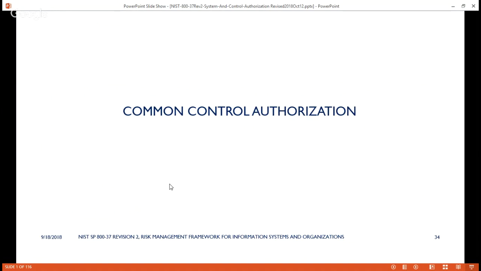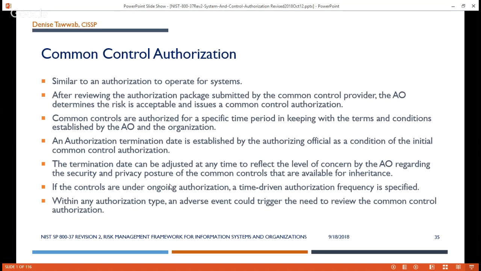Got it. The next type of authorization after your authorization to operate is what's called a common control authorization. The common control authorization is similar to an ATO for your systems. So again, after looking at the authorization package submitted by the common control provider, the AO determines if the risk is acceptable and then issues a common control authorization if the risk is acceptable. The common controls are authorized for a specific time period in keeping with the terms and conditions set by the AO and the organization. An authorization termination date is established by the AO as a condition of the initial common